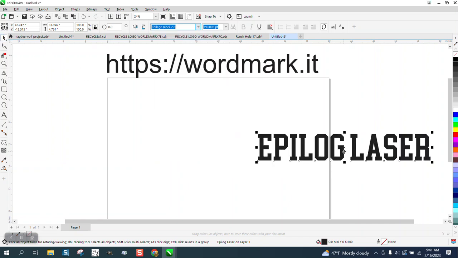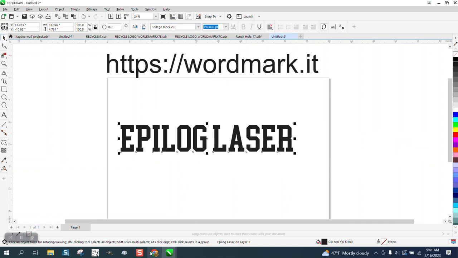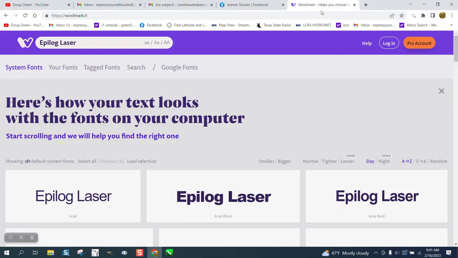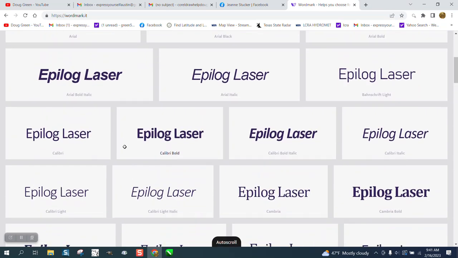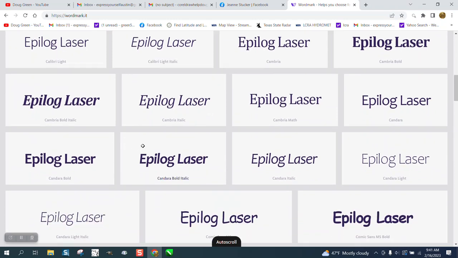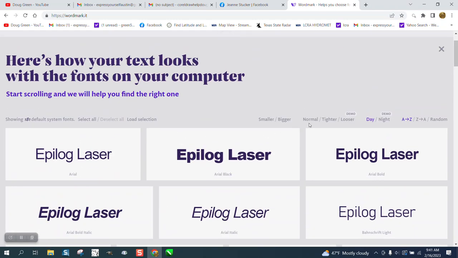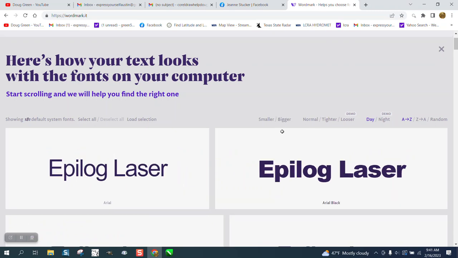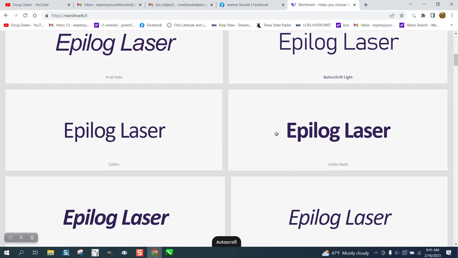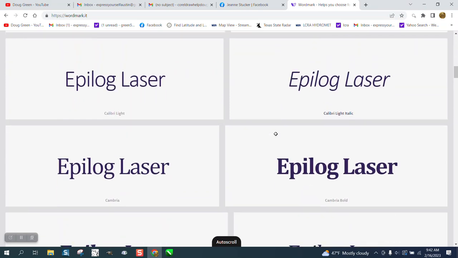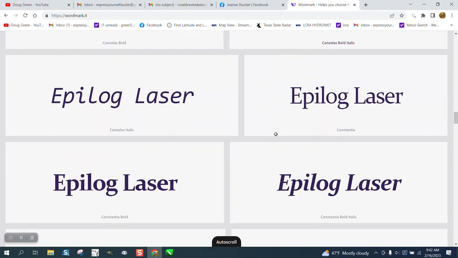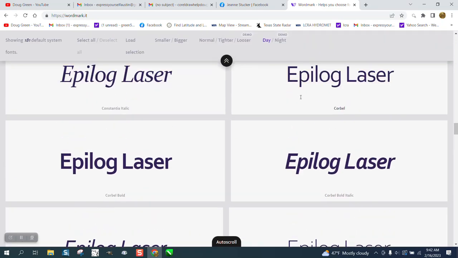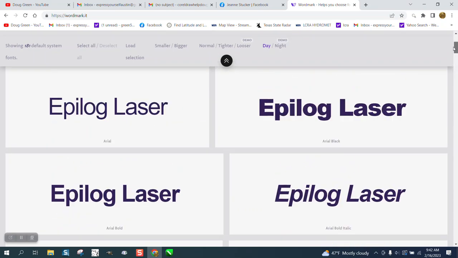Well, if you will go to this website, that is Wordmark, you type that in, I've got 181 fonts on my system. Every one of them is listed, and you can look at them. You can make them bigger and only have like 2 to a page. And it really helps, trying to find that good font that you really like and how your wordage is going to look. And so far this is free, but I see up there